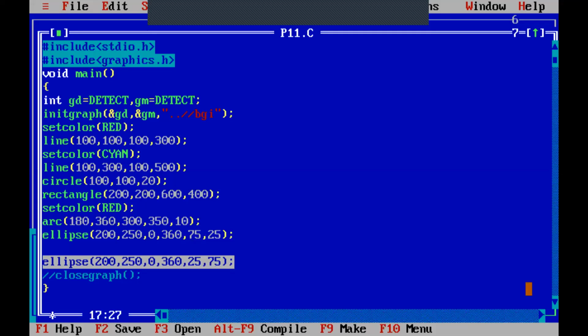Okay. Now what you will get? You will get an ellipse starting with the same center point, a complete ellipse stretched in the y direction, because y radius is 75 and x radius is smaller, 25. So for that I will set another color so that you will be able to view that more precisely. Okay, set color green.